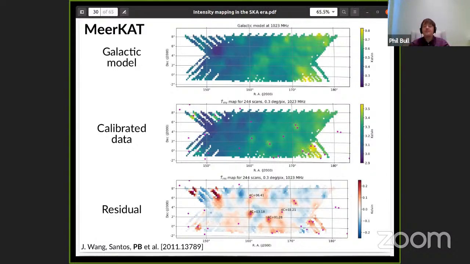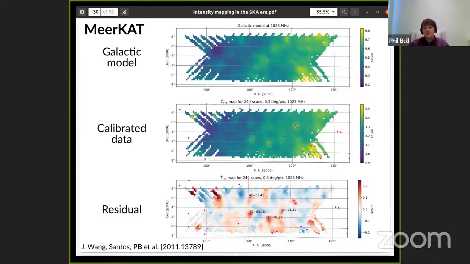And at the top, you see the galactic model, these galactic foregrounds taken from an external source, the PySM model in this case. In the middle, you see our calibrated data. And at the bottom, you see the residual, the difference between those two. And anything you see in the residual, if we've done a very good job of calibrating it, that should just be purely noise. Any point sources, any other particular points of emission that weren't part of the galactic model, and